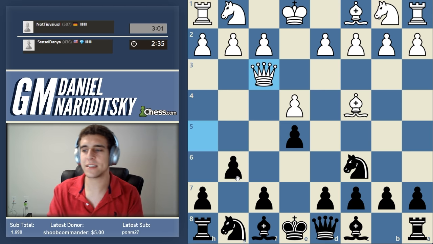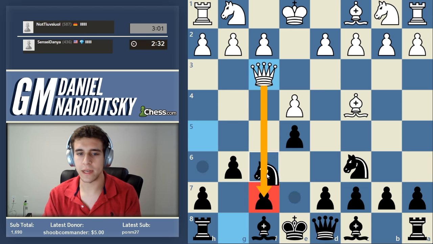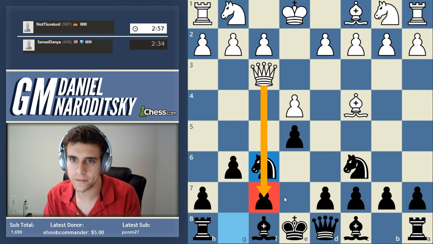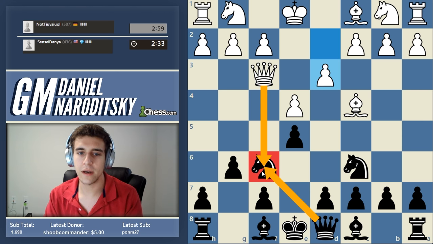Okay, he brings his queen back to f3, and he threatens checkmate again. So we're just going to develop the knight and intercept his queen's control of f7. Now, he cannot take my knight because the knight is defended by...